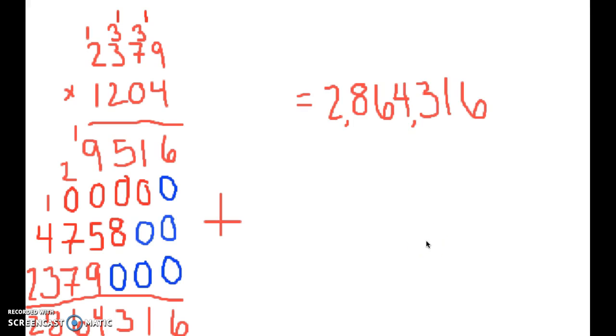And our final answer is 2,864,316. We know this because we combined many groups of the same sizes and counted the result. We started with our ones place, our 4 and our 9, and we carried it down and continued with our 4 throughout all of these with our places. Then we moved on to 0, 2, and 1 and resulted in all of these different numbers. Then we counted the result, and that is how we got our final answer of